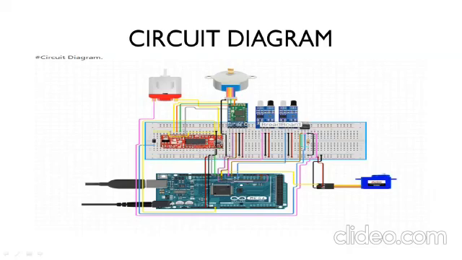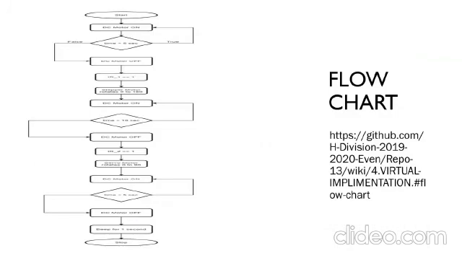This is the circuit diagram of the implementation. Let us understand the working of this circuit diagram using a flowchart. When the machine starts, the DC motor rotates for 5 seconds. Now, the DC motor switches off. The stepper motor detects the plate and rotates to an angle of 180 degrees. The stepper motor serves laddus. Now, the DC motor again switches on and rotates for another 10 seconds.